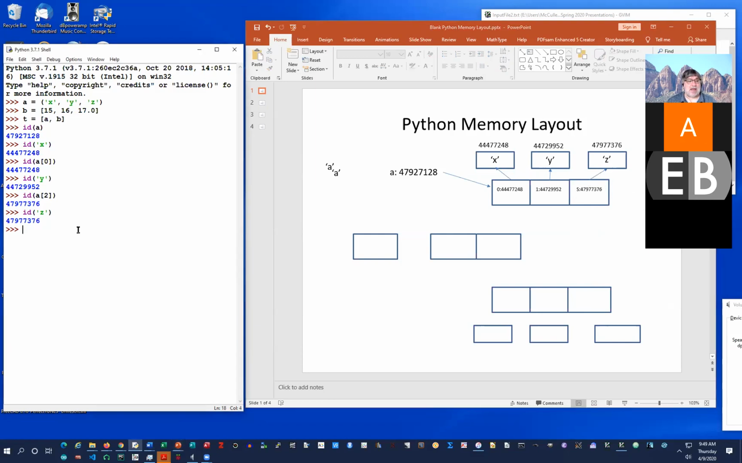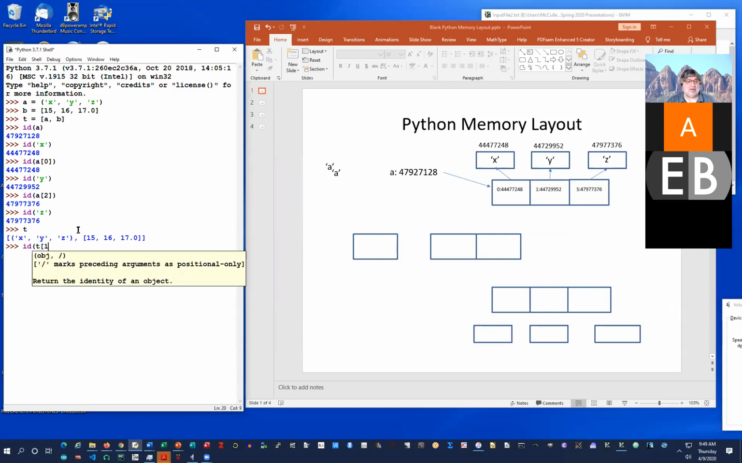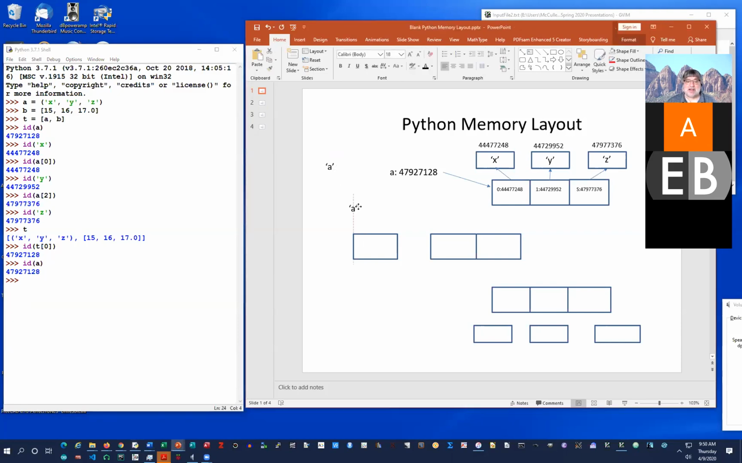Now, let's go back. I created T, right? T contains A and B, right? So what is the ID of T of 0? The ID of T of 0. Well, what's the ID of A? Those are the same thing. So if I come here and I say, well, okay, so this here is T, right? This is my list T, okay? And it has 2 elements. It has an element 0,